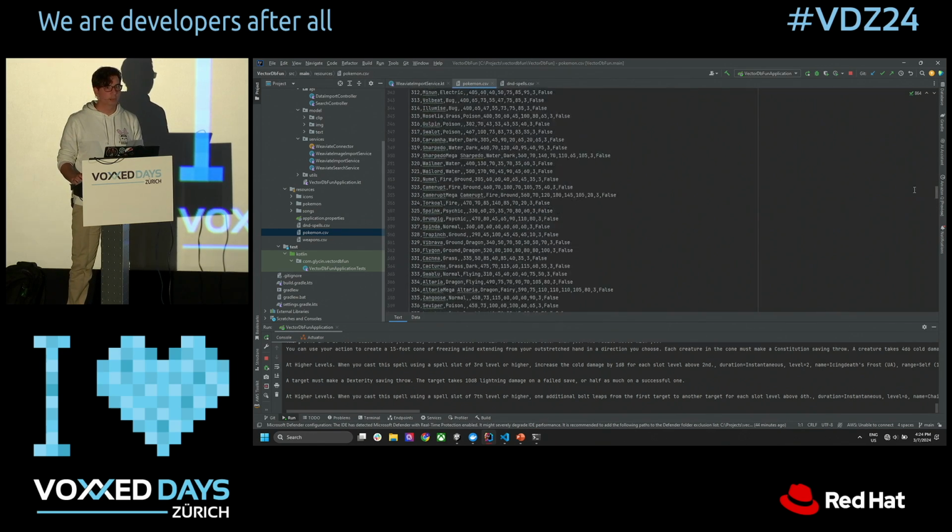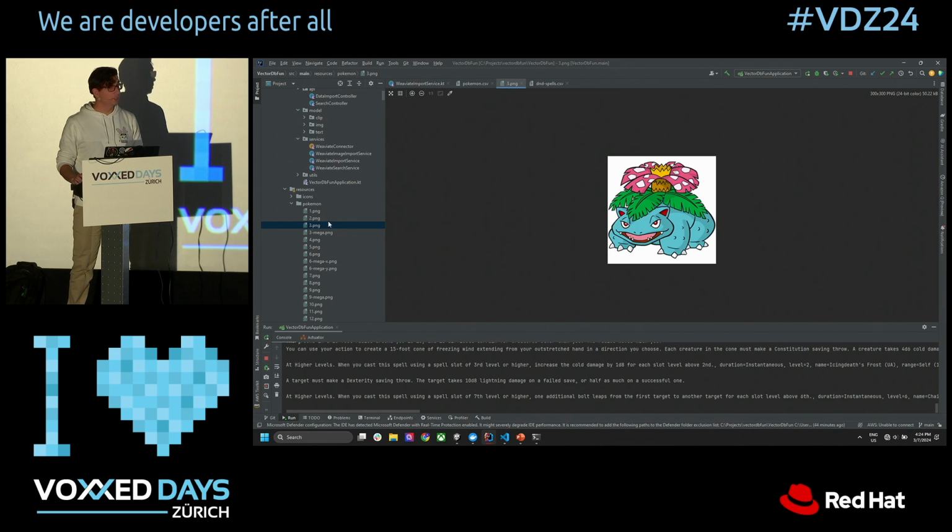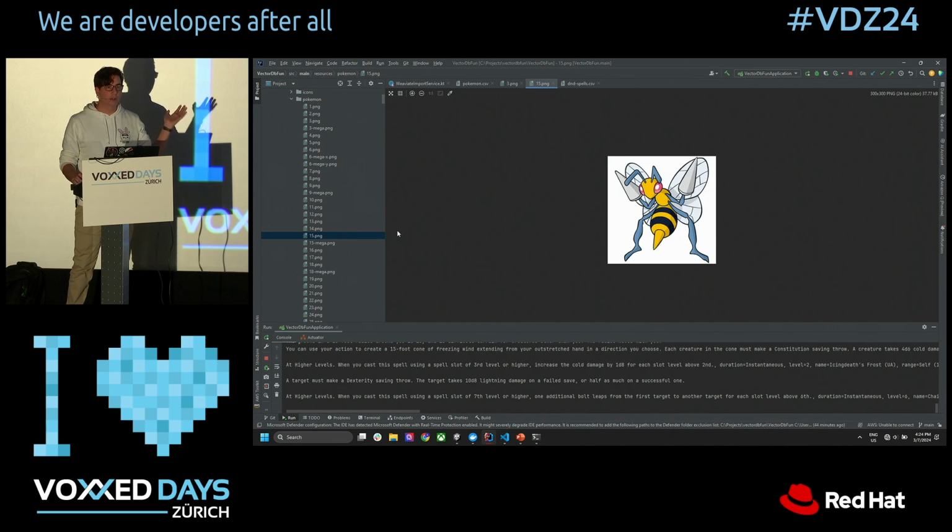Any Pokemon experts here? Okay. So if I ask which is Pokemon number 3, nobody knows. Anybody knows which this Pokemon is? Oh, yeah. And this is also how our icons look. So I got this all from kaggle.com. It's an amazing website.